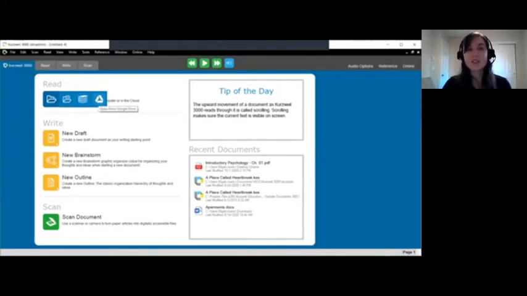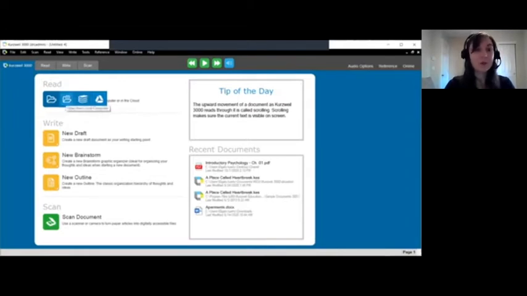The last option is to open from Google Drive, which is particularly helpful if you are an eText student who receives a PDF version of your textbooks or readings through the adaptive or alternative formats team, since they upload those files into a Google Drive folder. So you can access that directly from Kurzweil as well.